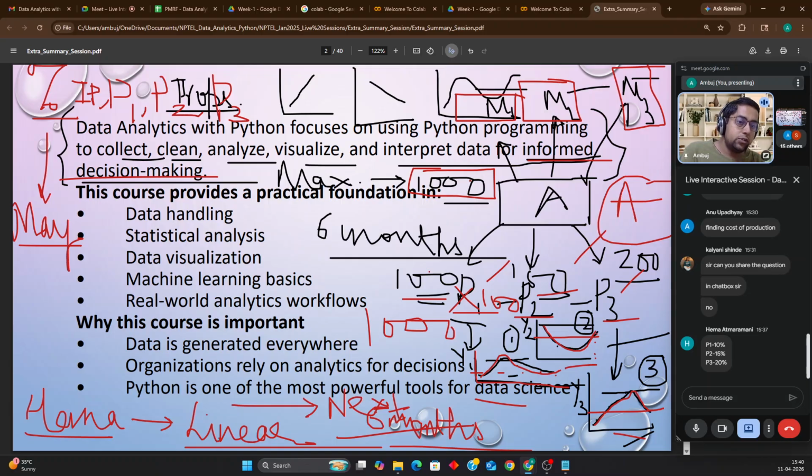150 units of P2 were sold, 200 units of P3 were sold. So she assumed that there will be a linear trend in the sales volume, and in the month of May, the same number of products of type P1, P2, and P3 shall be sold. Okay. So based on that, she is assuming a linear forecast, and she is telling to go for the same production capacity.